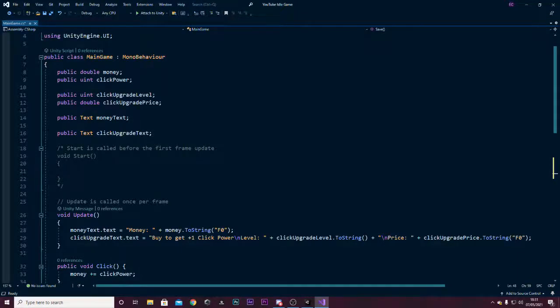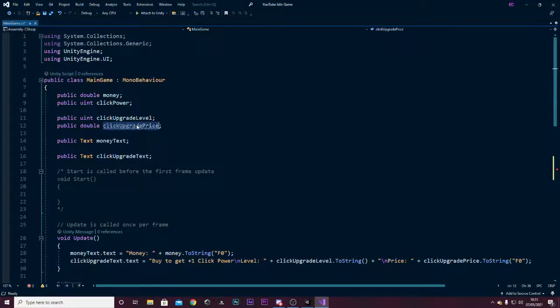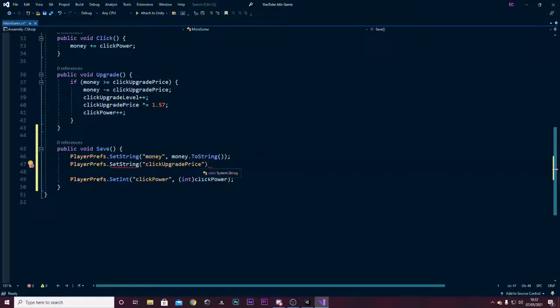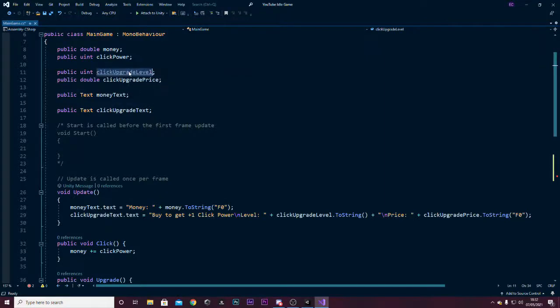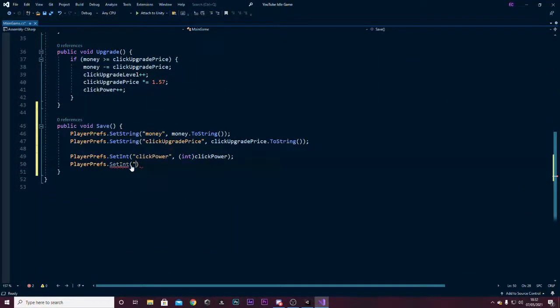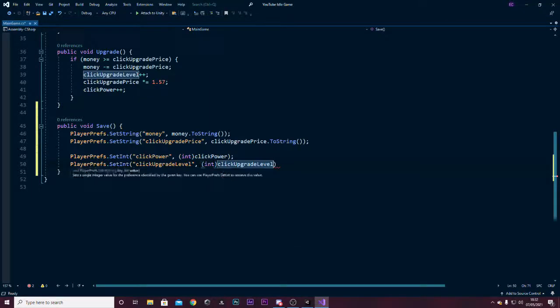Okay, now all we've got to save is these two things here. So we're now going to go back down to our set string. We're going to say PlayerPrefs.SetString. This one is going to be our, I'm just going to copy that, it's going to be our click upgrade price. And we're going to save that dot ToString. There we go. And now we're going to do one more, which is PlayerPrefs.SetInt. Here we're going to set this to the level. So we're going to call this click upgrade level, comma, and then cast it to an integer again, and boom,